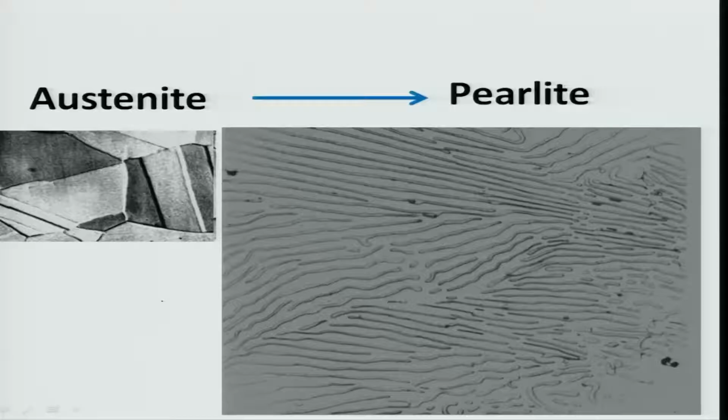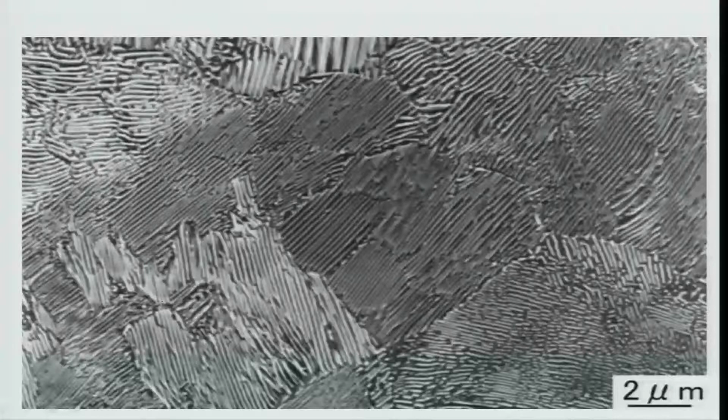This is the better picture of this. You can see that there are grains of austenite. I am drawing a few of them. This is the grains of austenite, and each of these grains has then undergone these eutectoid transformations. Because of this, you have formed colonies, large colonies, and each colony has black and